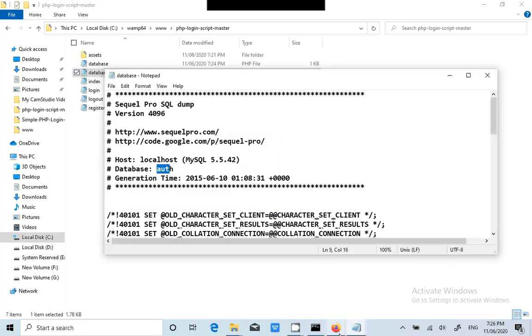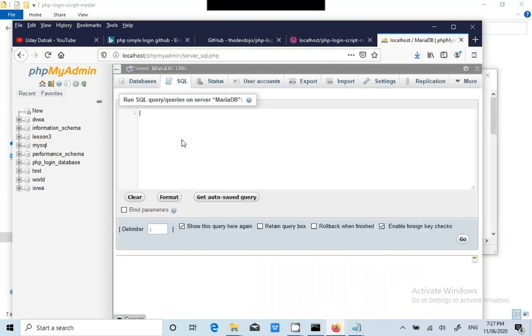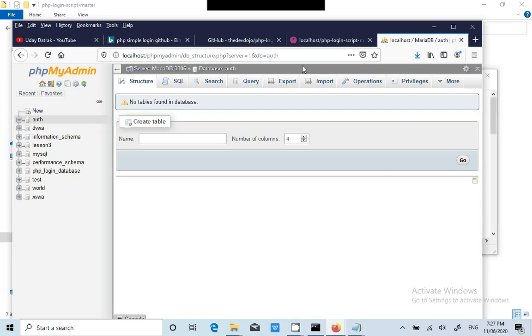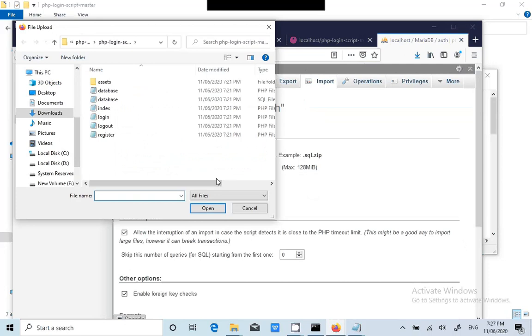So we need to create the database auth. Create database auth. Now we have to select the database, and then we will import the particular SQL file into this database.